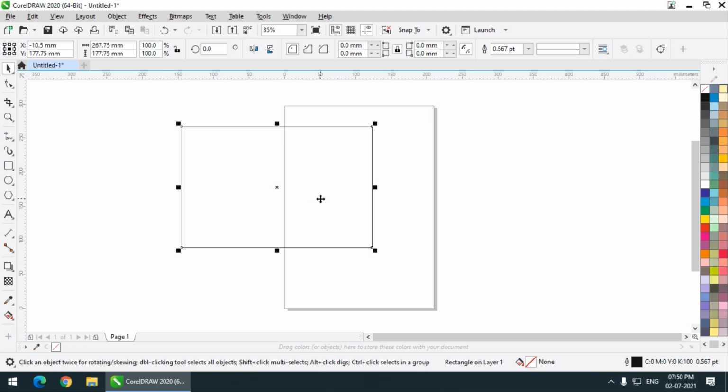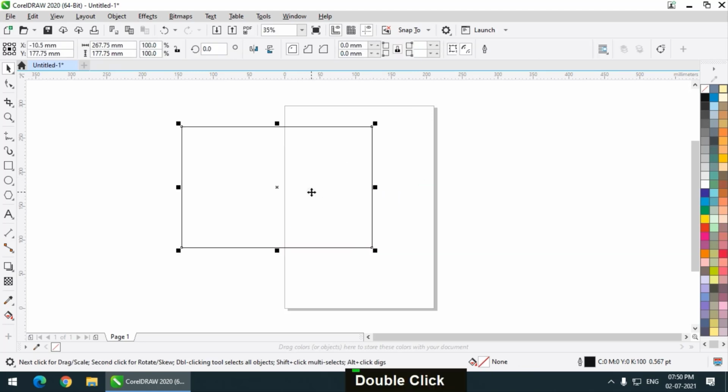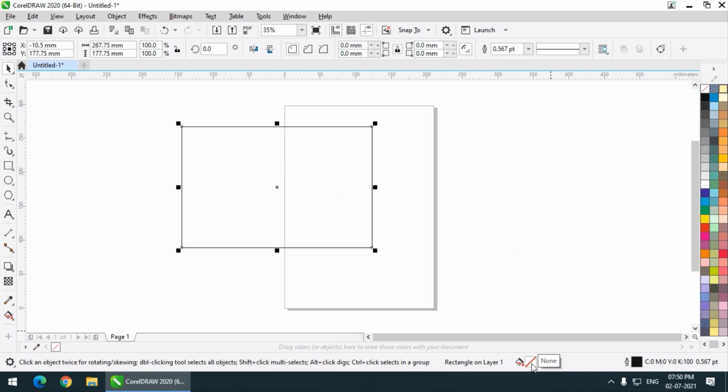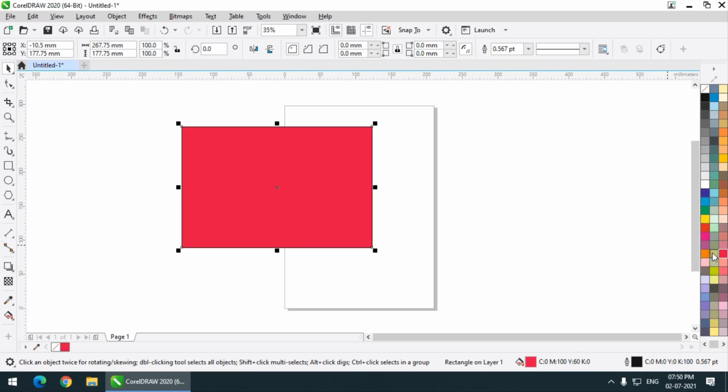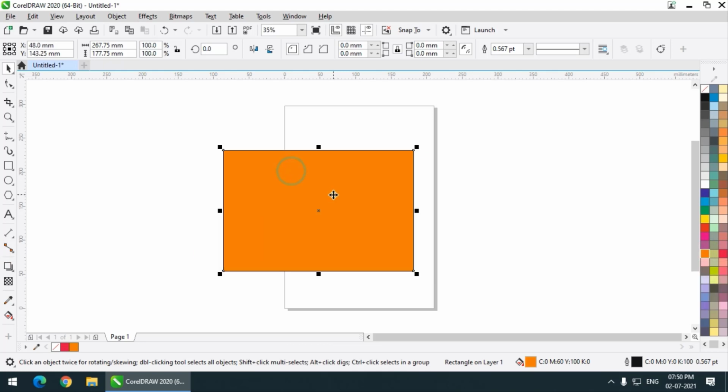So how to fill colors? There are a couple of ways. When you select any object, you can see a couple of options over here. This is the fill color. Because we don't have any fill color, it is saying none, and we have the outline color. Outline color is presently black, and we don't have any fill color. So we can either double click over here, or we can simply left click on any of the colors so that it will be filled with this color. I just left click on the color, so it is now filled in the object.